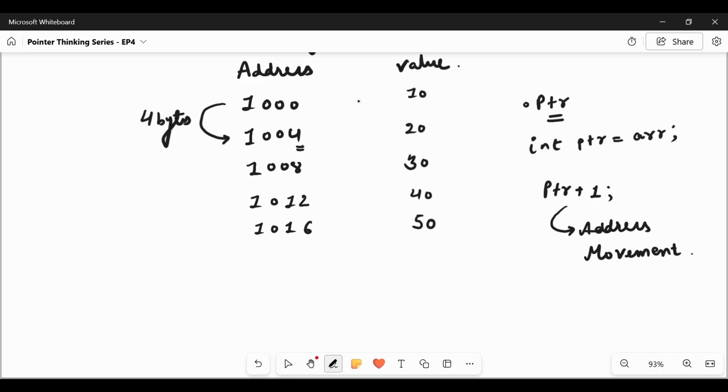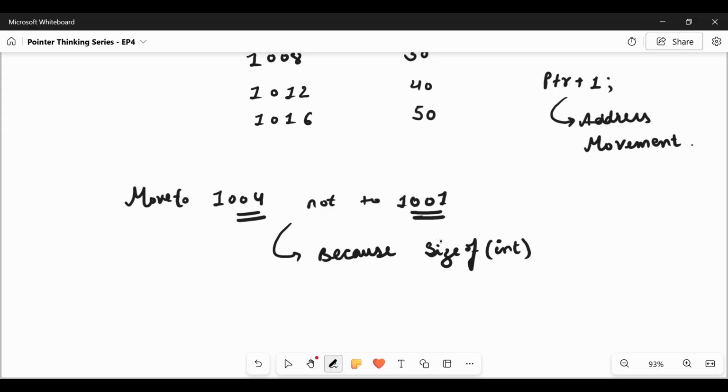So in the memory it looks like this. By ptr plus 1, we will move to 1004, not to 1001, because the movement is based on the size of the data type. It is of integer data type, so size of int is 4.